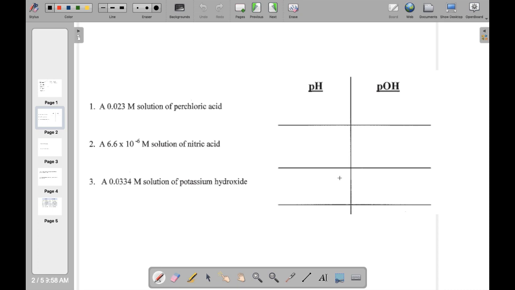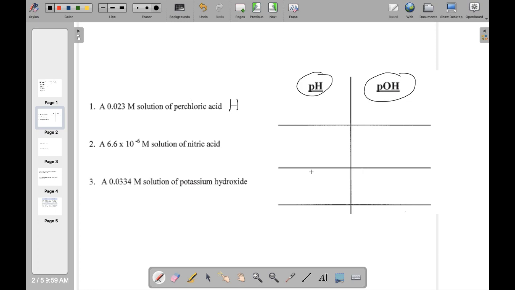In class, there were a couple of worksheets. I'm not putting the whole thing on here. This is just quick review where it said calculate the pH or the pOH. Okay, so number one, a 0.023 molar solution of perchloric acid. Now I don't think they're trying to trick you right now, but we could just write down the formula here, which is going to be